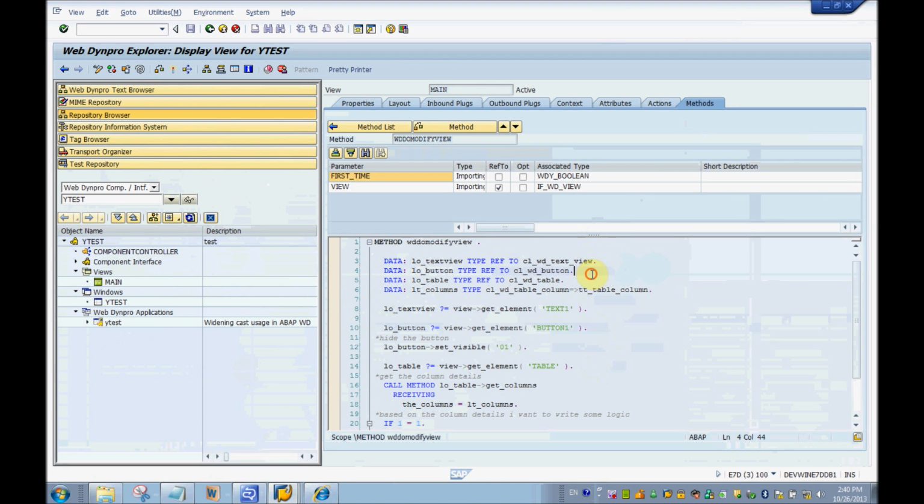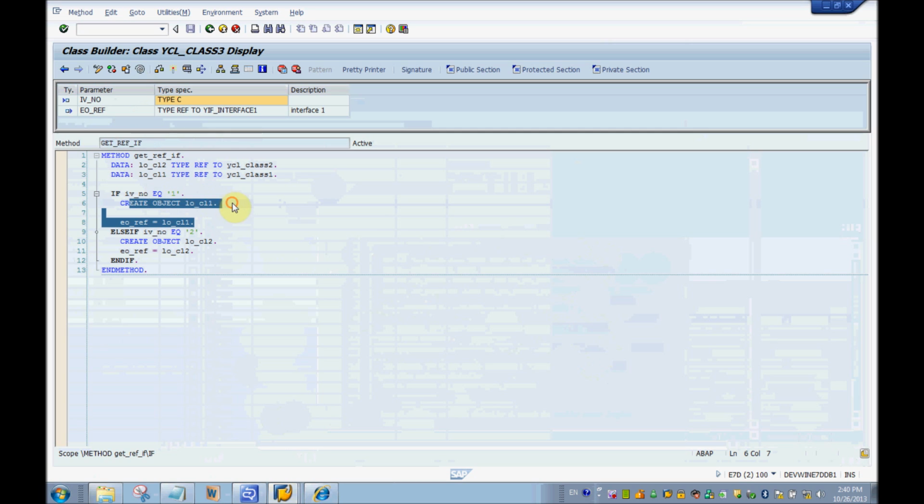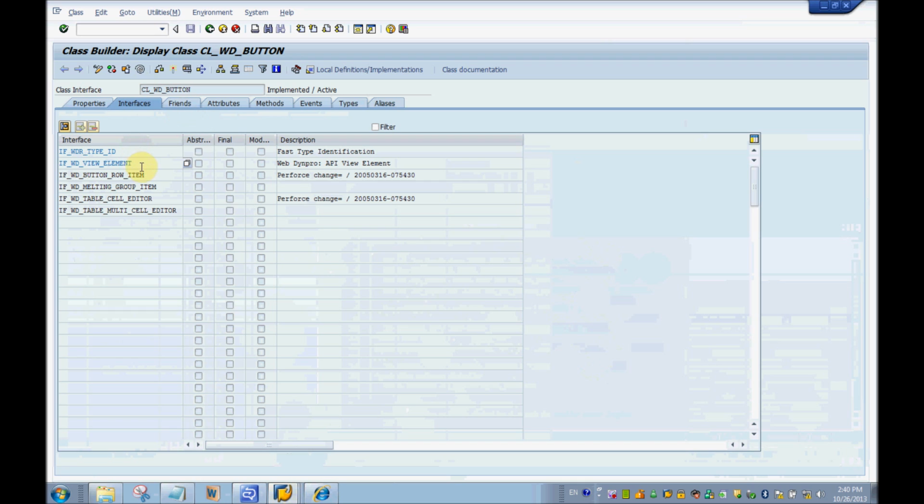But if you see, this method does not have any export parameter which refers to CL_WD_BUTTON. It has only an export parameter which refers to IF_WD_VIEW_ELEMENT, as we have in YCL class 3. Even though I'm instantiating class 1 and class 2, I haven't created a specific export parameter for those instances. I've created a general variable which refers to YF_interface, and the only requirement was that CL1 and CL2 implement this interface. Similarly, CL_WD_BUTTON implements the IF_WD_VIEW_ELEMENT interface,